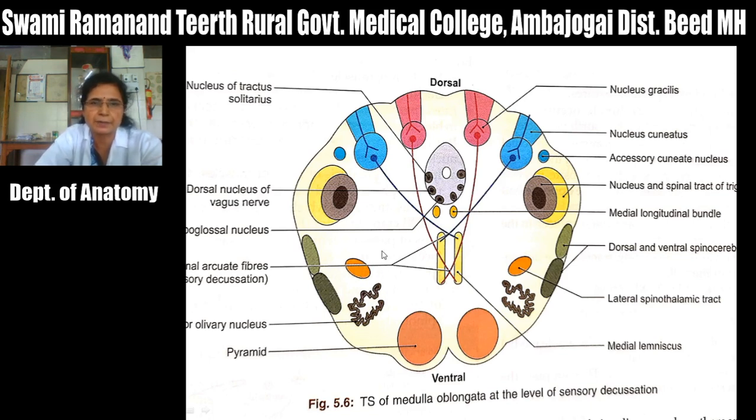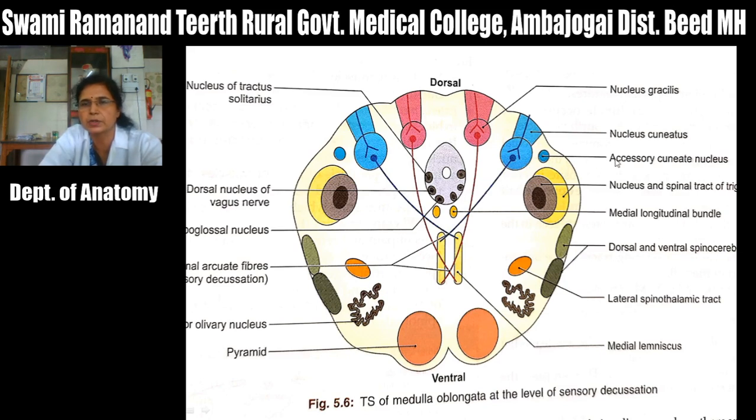Then in the lateral part, a new structure appears here, the inferior olivary nucleus. About its detail we will see in the next section. Then the remaining structures are the same as at the level of pyramidal decussation, that is the presence of the dorsal and ventral spinocerebellar tracts, the lateral spinothalamic tract, then the nucleus and the tract of the spinal tract of trigeminal nerve. And here one new nucleus appears, which is present on the dorsolateral aspect of this